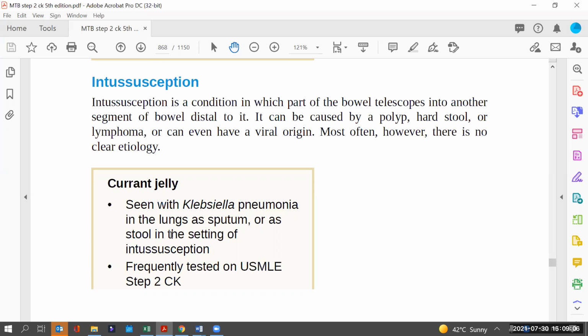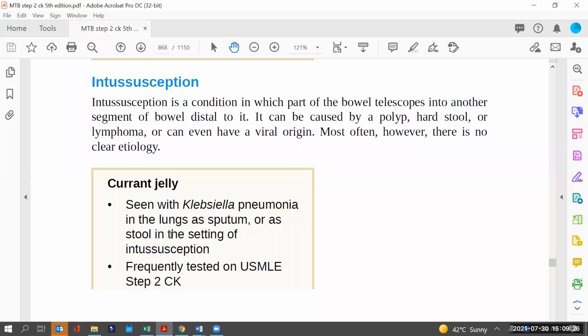So in Klebsiella pneumonia infection, whenever there is a Klebsiella infection, we can see the sputum present like a jelly-like structure, and stool also present like a jelly-like structure, and that jelly is called currant jelly. So whenever the term currant jelly is written somewhere, just think about intussusception,